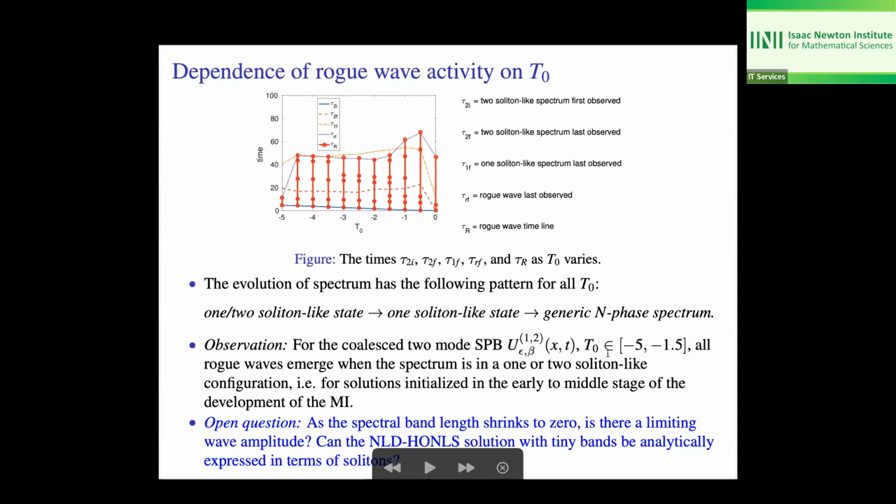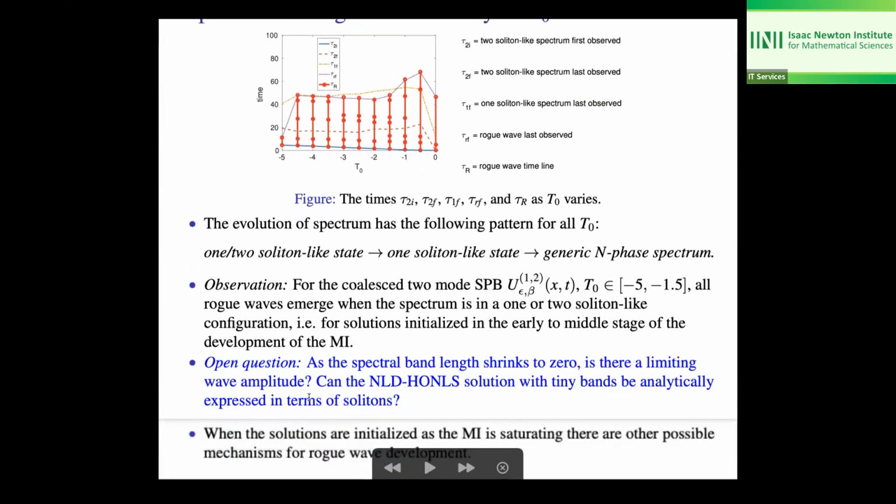SPB, when T naught is between -5 and -1.5, so you're initializing in the early to middle stages of the development of the modulational instability, in that case, rogue waves emerge when the spectrum is in a 1 or 2 soliton-like state configuration. And so a question is, as these band lengths shrink to 0, is there a limiting wave amplitude, and can the nonlinear damped solutions with these tiny bands be analytically expressed in terms of